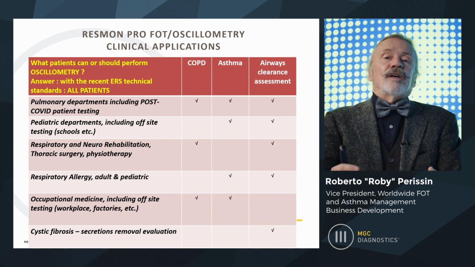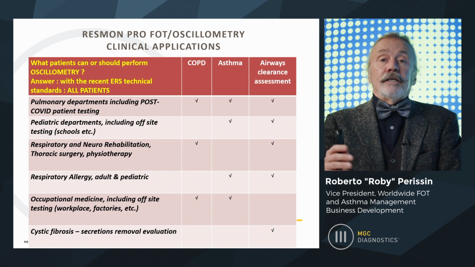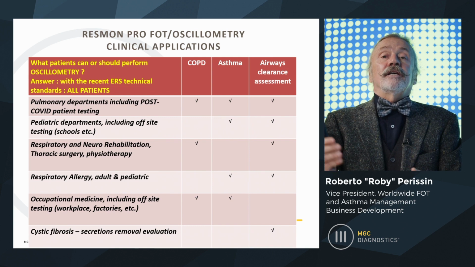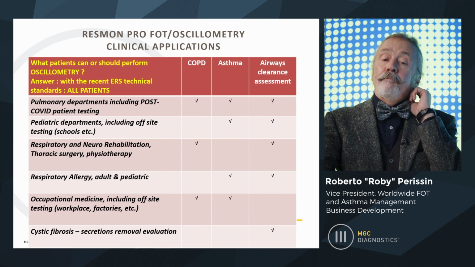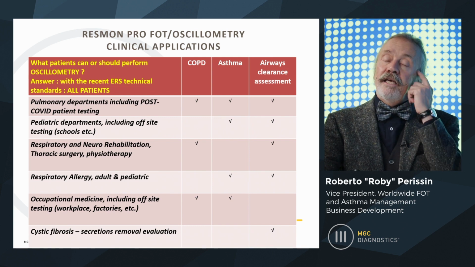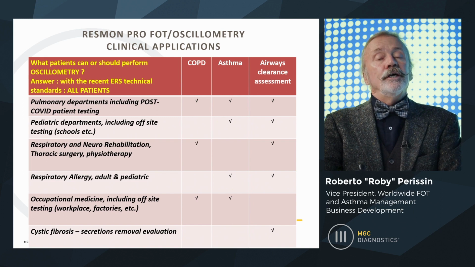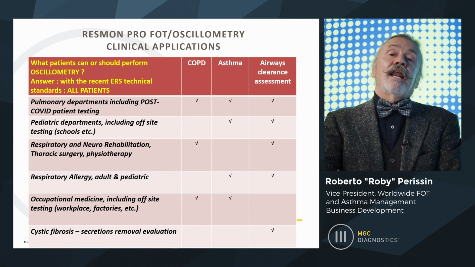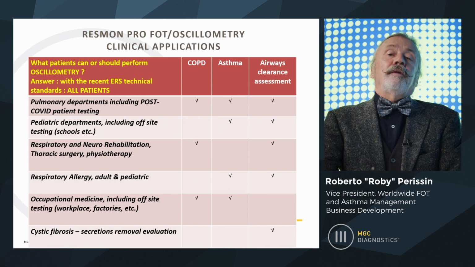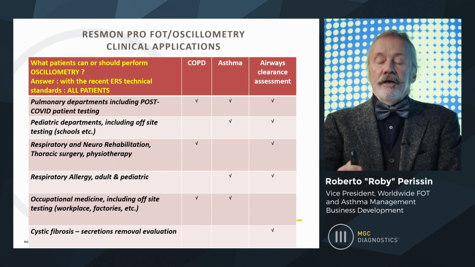In asthma, so respiratory allergy for adult and pediatrics. In occupational medicine, including taking the devices in the field, at the workplace, because of the ability to test even when the patient does not want to perform a good spirometry. And last but not least, to follow patients with cystic fibrosis, where the main outcome is the buildup of secretions